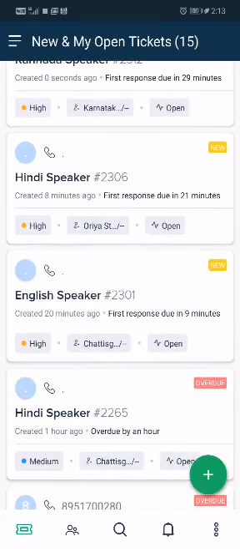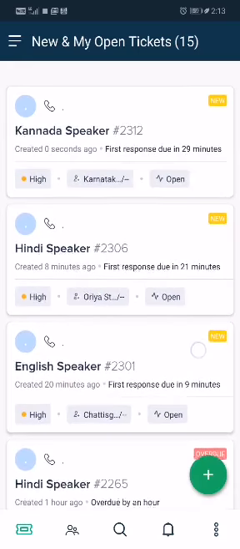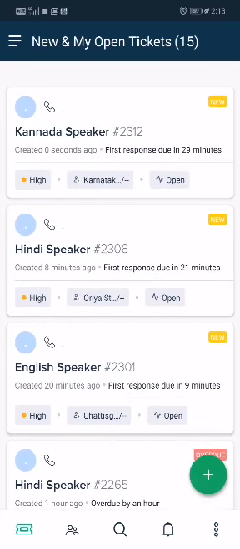Right now, as you can see, there are a lot of tickets. In a ticket section, you can see what language the patient chose while speaking to the IVRS, the ticket number, that is the reference number for the app, and the priority of the patient according to the IVRS responses selected by him.